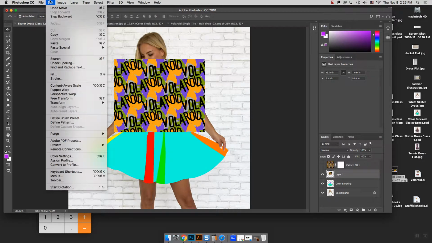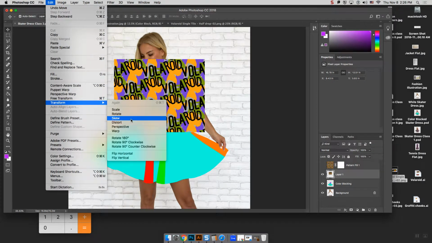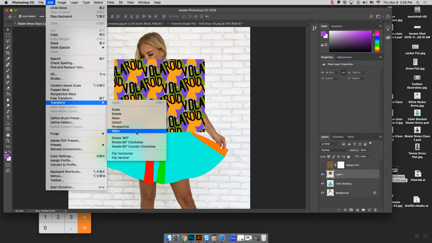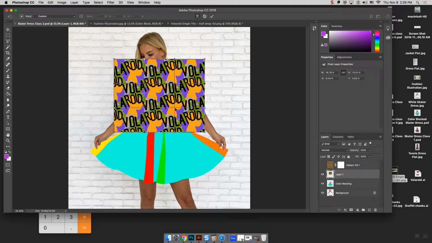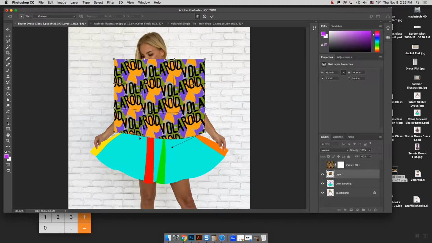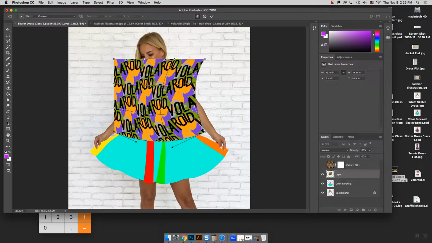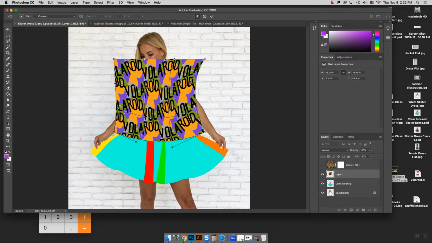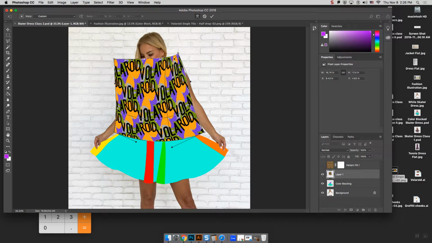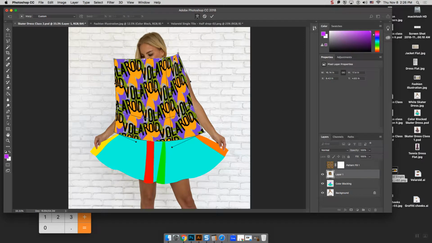So to warp it, I can go to Edit, Transform, Warp. We're going to talk about puppet warp in a minute, but we're just doing normal warp right now. And with this, we can adjust it so that maybe it looks like it's coming a little bit forward in the front. It's going to be less important on this particular section of the garments because